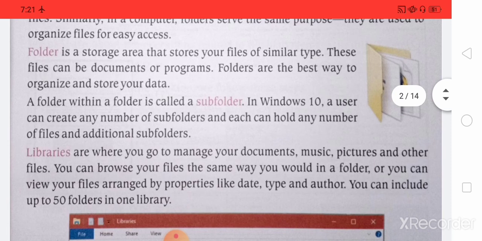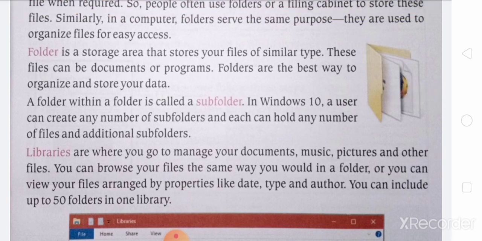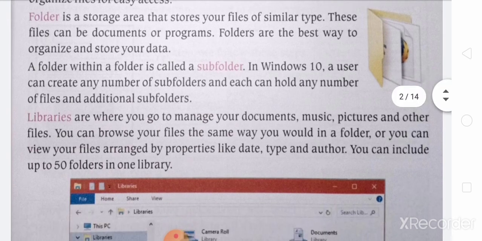Then the libraries. Libraries are where you go to manage your documents, music, pictures and other files. Here you can see an organized way of many things, that is music, documents, pictures, etc. You can browse your files the same way you would in a folder, or you can view your files arranged by properties like date, type, author.